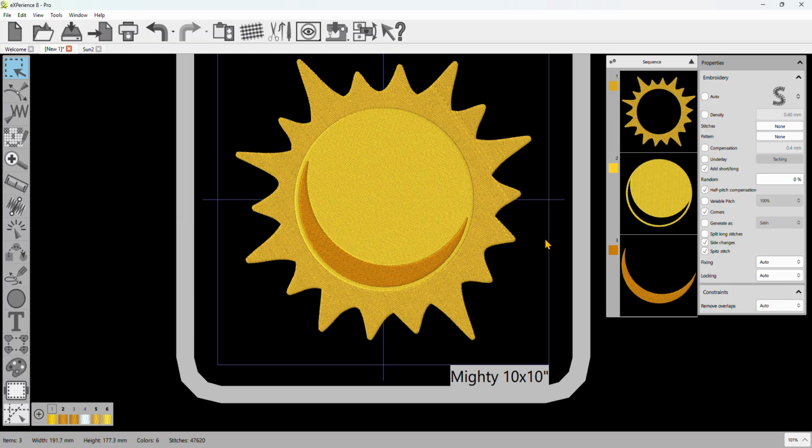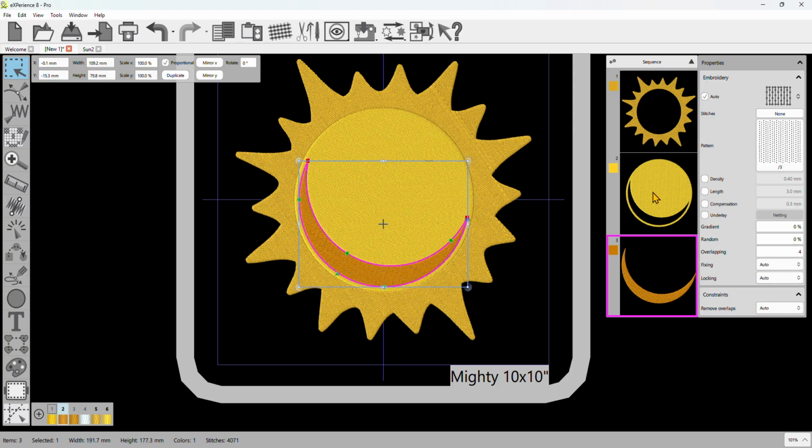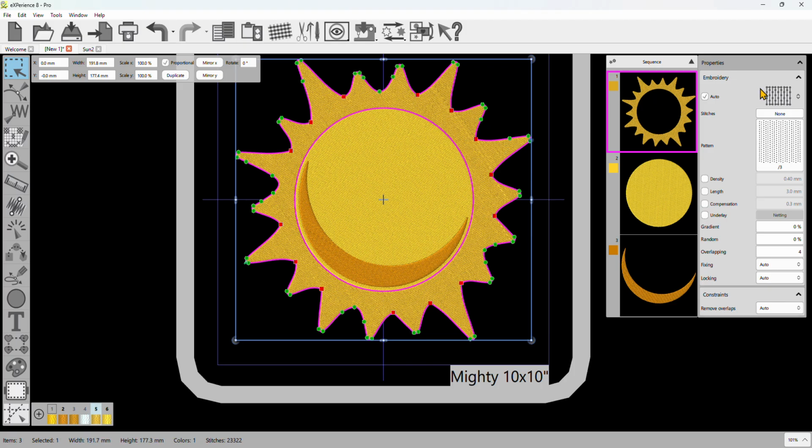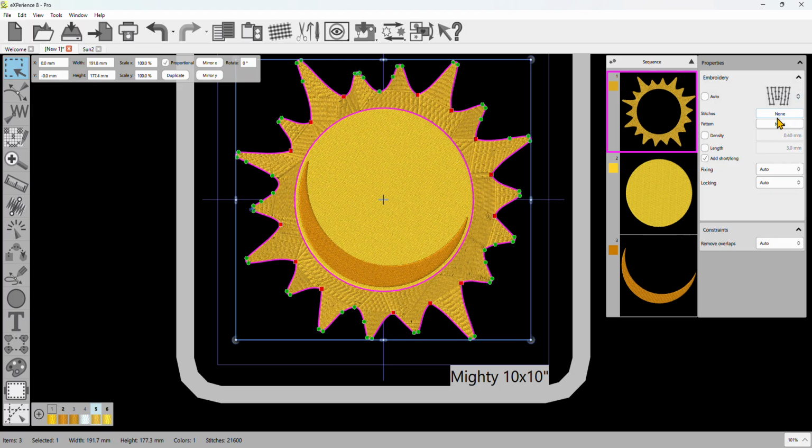three objects. The design looks a little flat because all the stitch types are the same, so we're going to change that. There is a feature in the software that automatically removes overlapping stitches. I want to change that so that the stitches in the sun are not removed, so I'm going to go to Remove Overlaps Never, and then I'm going to pick the sun's rays and change from step stitch to piping,